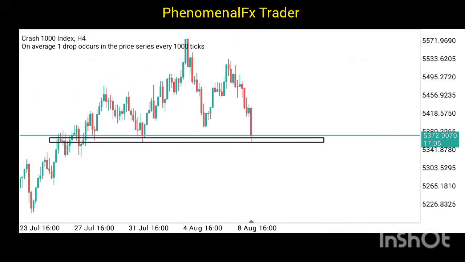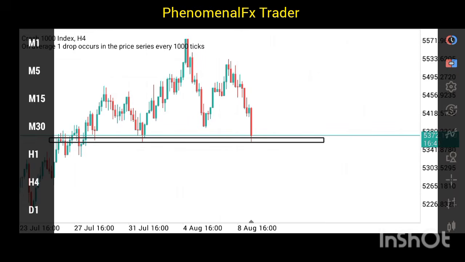It's very simple. You don't need to complicate analysis. Just as long as you're able to see what you want as you open the chart, then it's better you stick to it and wait for the market to give you what you want, the confirmations, before you take any trade. All right, so going by this, we are expecting some buys on this pair. As it is now, we're expecting some buys on this pair. All right, then